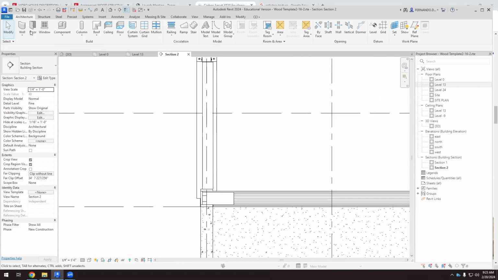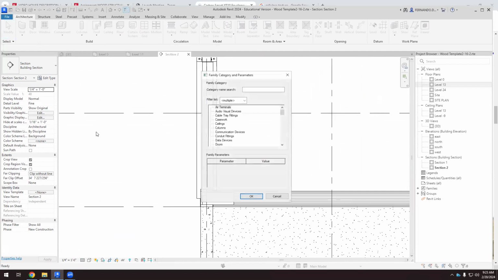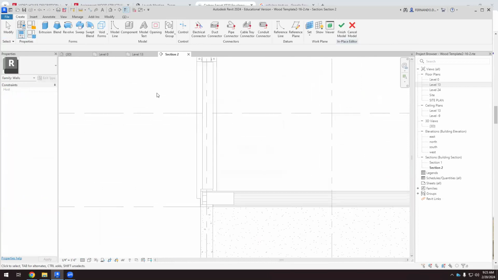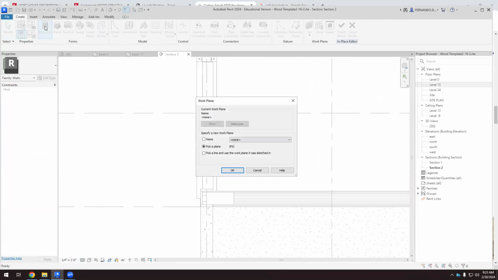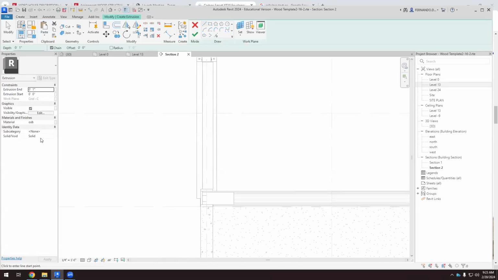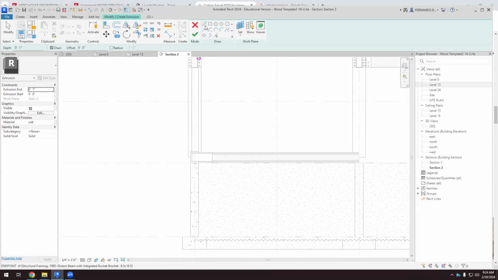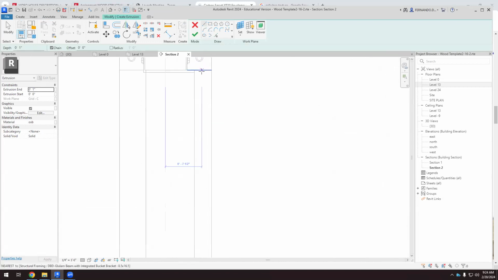We have architecture component model in place. This is a wall. I'm going to use extrusion. Now the grid is one of the letters. I can use grid C, for example. And I'm going to draw a board